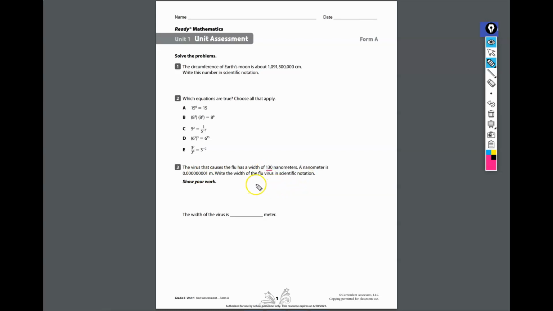So 130 as nanometers would be 1.3. So my understood decimal is at the end. And I'm going to move it to give me 1.3. And I moved it over. Let's count. 1, 2,